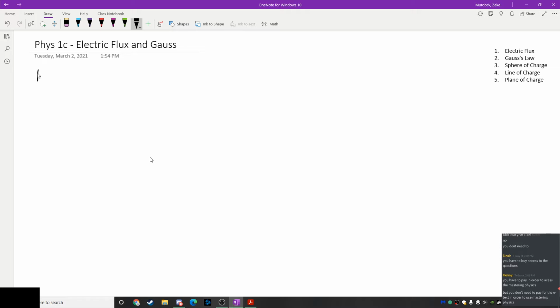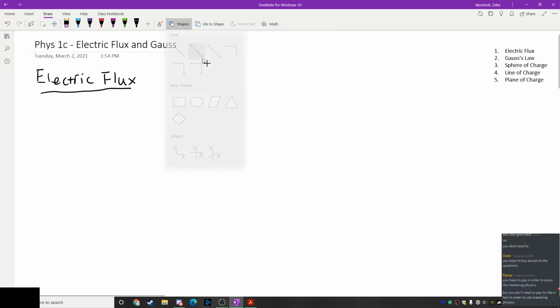So electric flux is directly related to electric fields and kind of the way they flow, you might say. And the way we think about it is this. If you have, in some region of space, some electric field lines, so let's say we've got